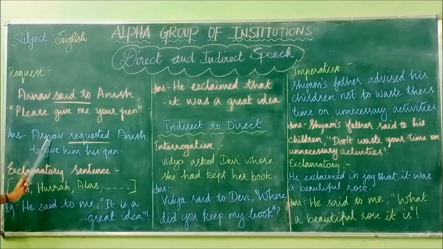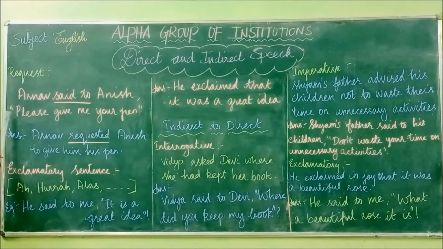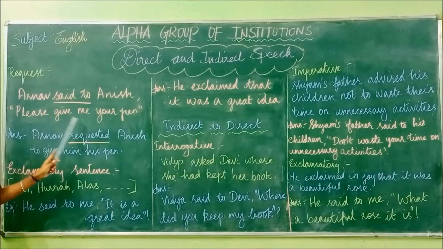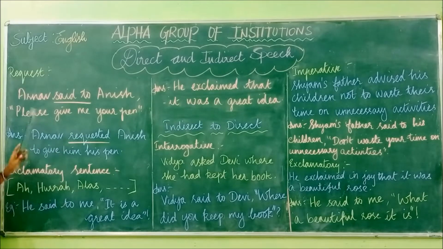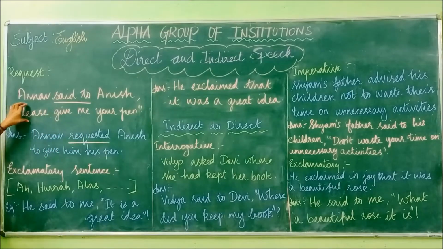So "Arnav said to" is changed into "requested". Arnav requested Anish, and the comma is removed, and the quotation mark is removed. The next sentence is, please give me your pen. We have mentioned "requested" here, so we are taking out "please" from this sentence. After taking out "please", we need to add "to". Arnav